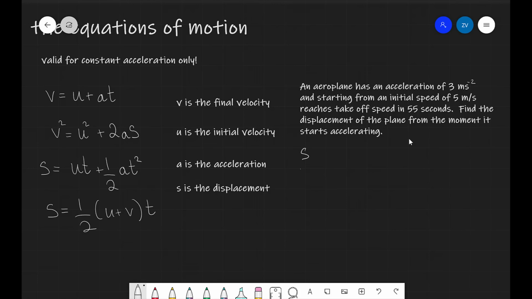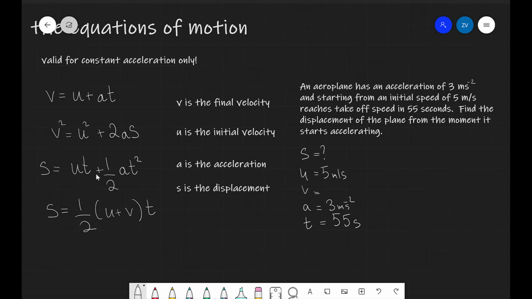Okay, so let's just write down SUVAT like so. We're looking for the displacement. And like so, we know that the initial speed is 5 meters per second, so it's probably just taxiing on the runway. And then we don't know the final speed. However, we know that the acceleration is 3 meters per second squared, and we know that the time is 55 seconds. So we need an equation that links s, u, a and t,